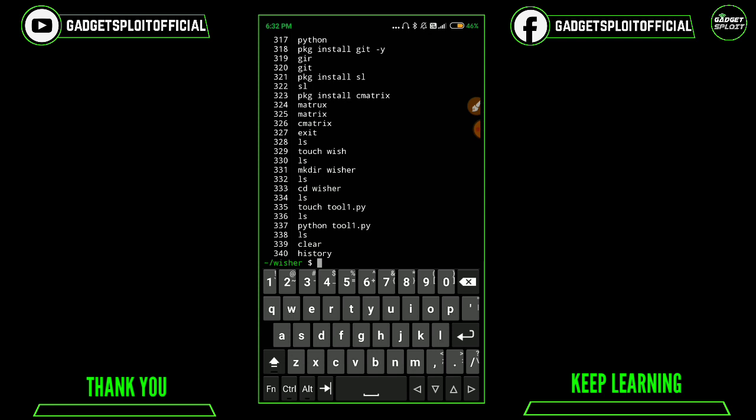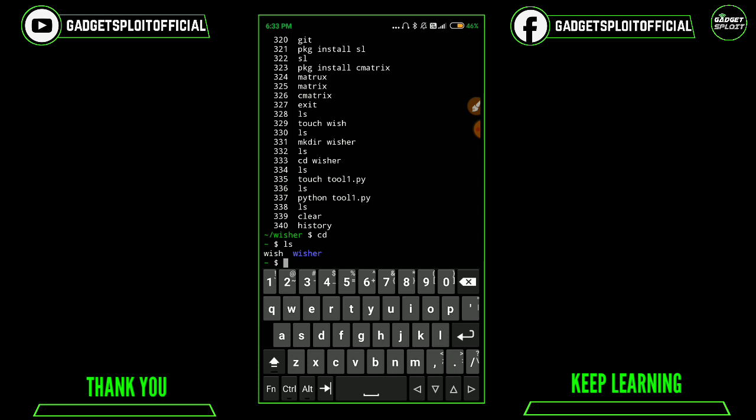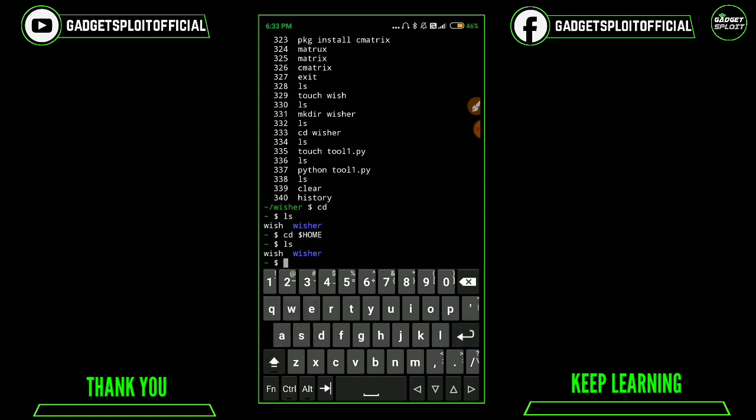And the next command is exit, as I had shown what exit does. And now it's time to go back. To go back, you have to simply type cd. I know it's not a proper command, but still you can go back. As you can see, when you type cd and after that you don't give any proper directory name, it will just take you back to the home directory. Okay, now you can also visit your home directory by typing cd and a capital HOME. Like this you can visit.